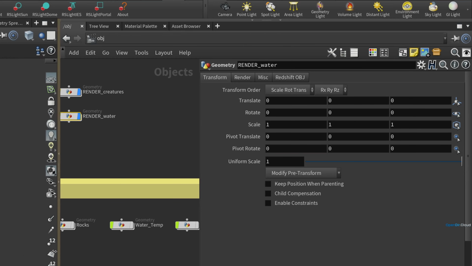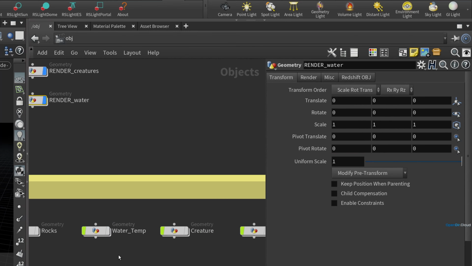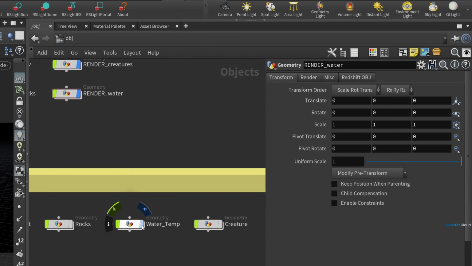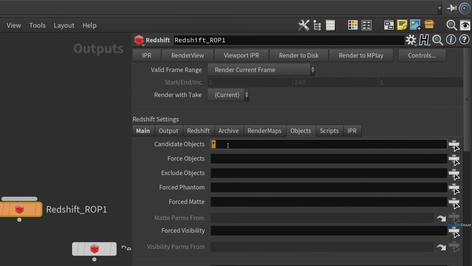And we're always changing the display flags of things at the object level, so I don't really want this to affect what my render setups are doing. If I'm working in Houdini and want to change what's being displayed at any given moment, we don't want that to affect our renders. So going back to the out context, always set candidate objects to empty, and then under